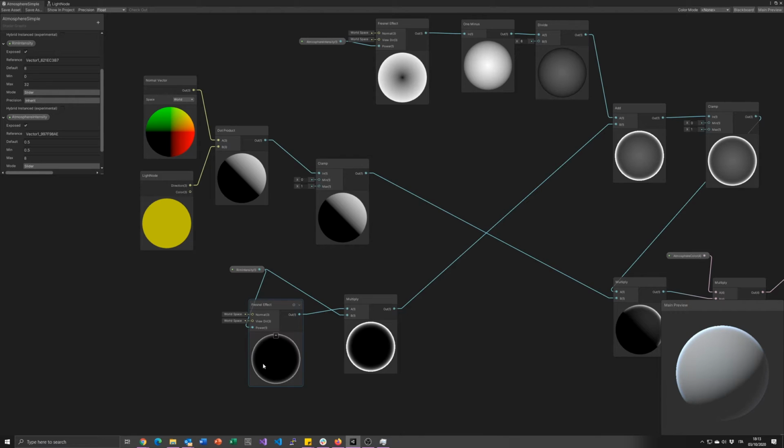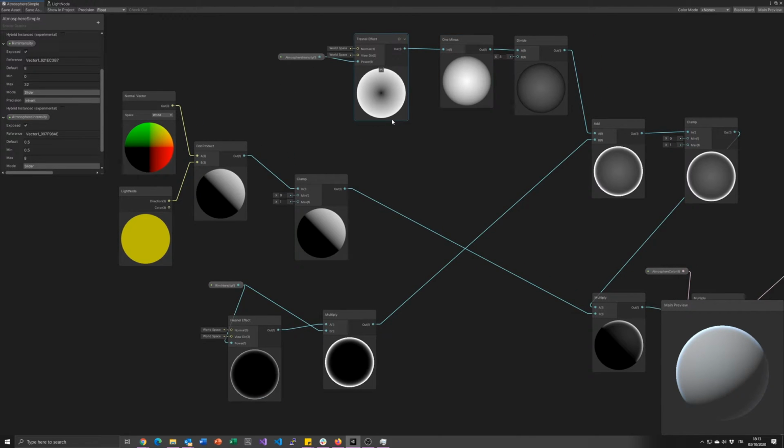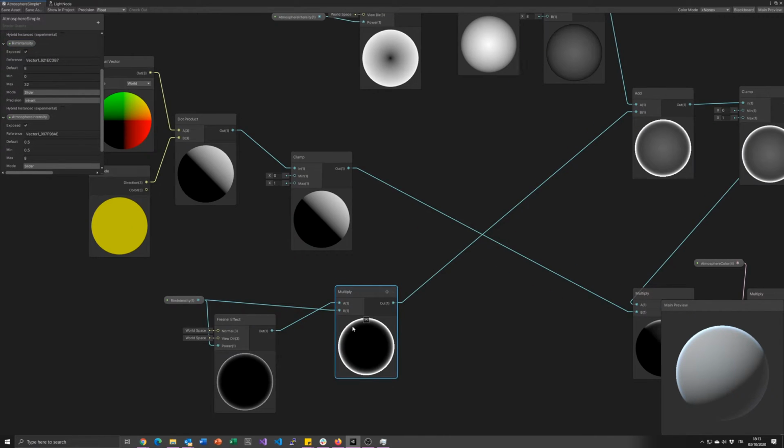We have a Fresnel node for the outer rim, and then another Fresnel node for the inner part of the atmosphere. So here I've defined a property for the intensity of the rim effect, which I've set to 8. I multiply it by the same value in order to strengthen the value, because if I simply add a larger number, you can see that the effect becomes very much thinner. So in this way, I keep the same size, so to speak, but I make it brighter